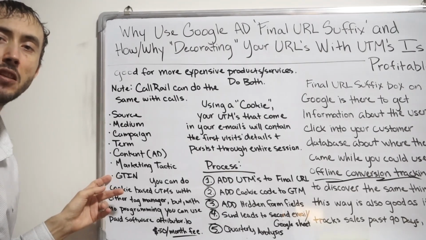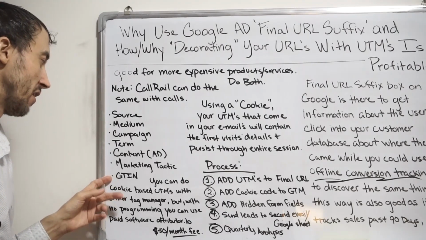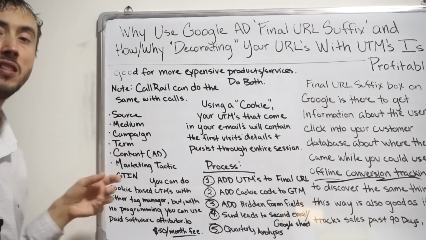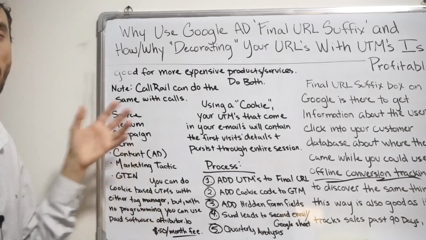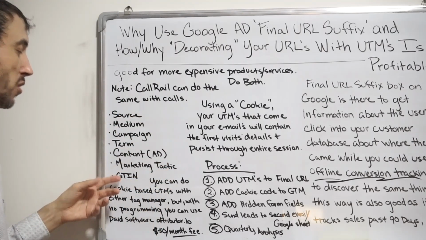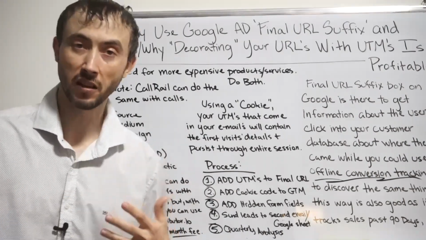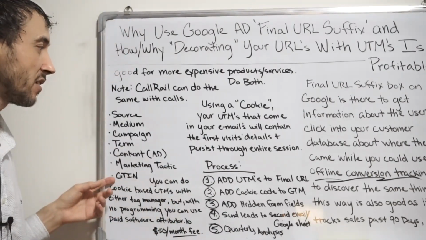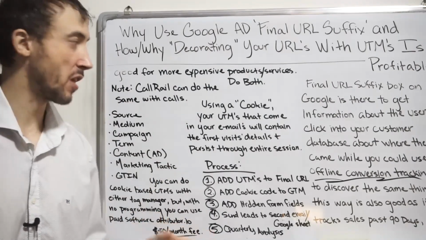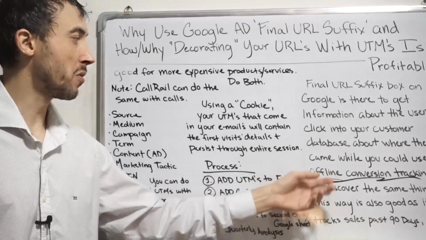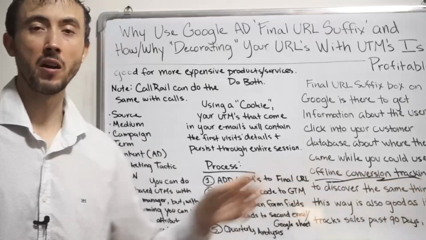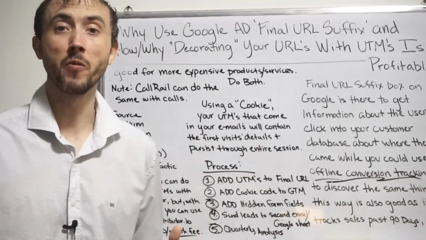And of course, the last thing you can also track that's important, you can do more than this, but the GTIN. If you're going to do all this as well, you might as well set up and track the GTIN, which is like a little serial number that Google gives to every ad click. Capturing that with your contact form makes it so that you can do this thing I mentioned before, which is the offline conversion tracking, where when you get a sale, as long as it's within the first 90 days,